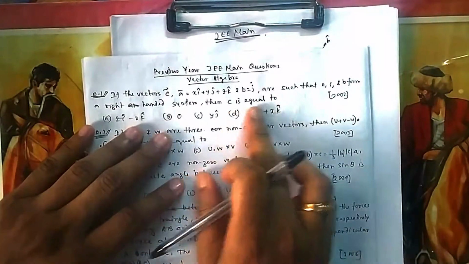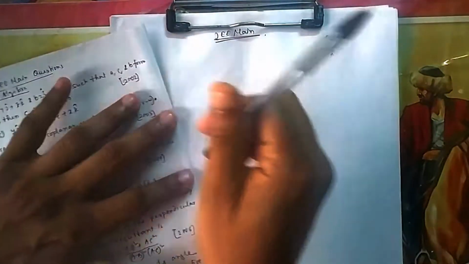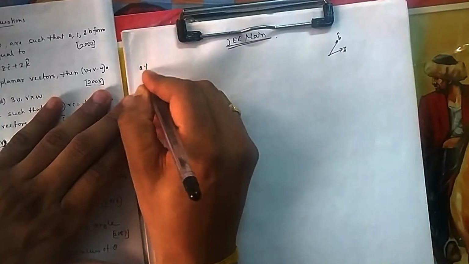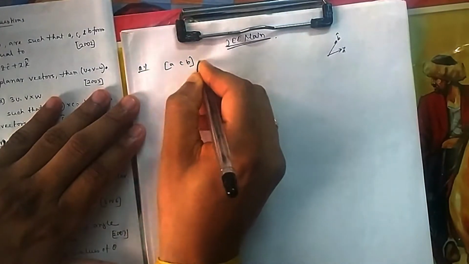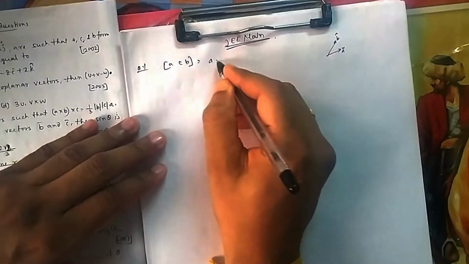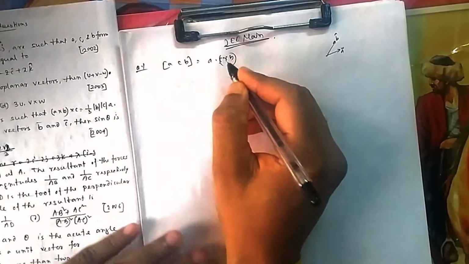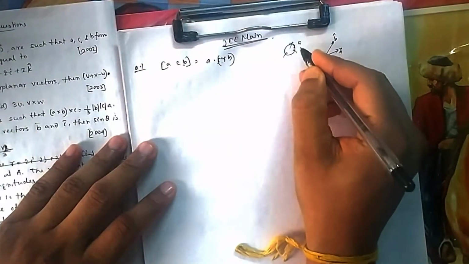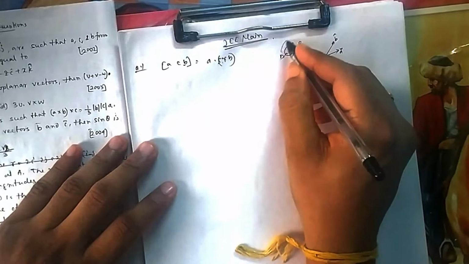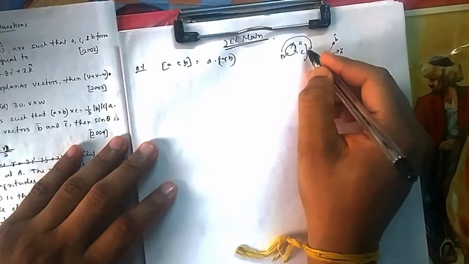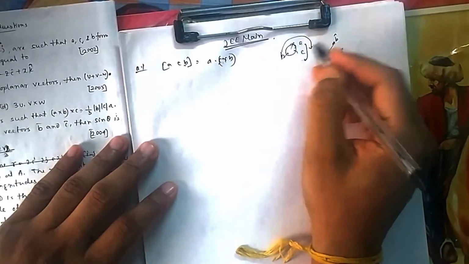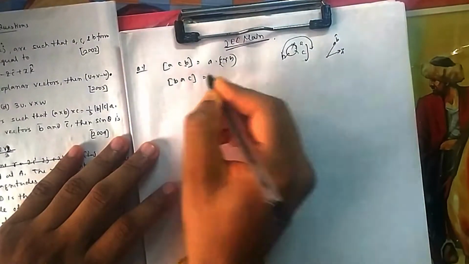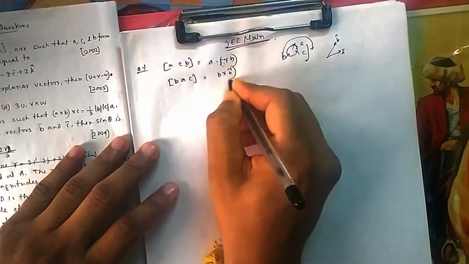So now they are asking A, C, B to be a right-handed system. So if I think about the box A, C, B, that is question number 1, box ACB, I can write it as A dot C cross B, but you don't know C, so I intend to bring A and B together. So ACB is nothing but BAC, because if I write it in this way I am moving clockwise, and if I write BAC also, then I am moving clockwise. So this can be written as BAC, which is nothing but B cross A dot C.